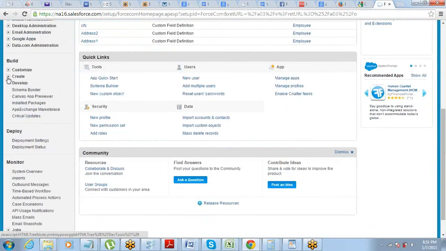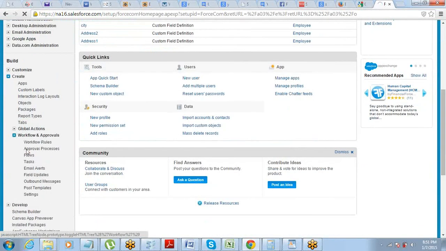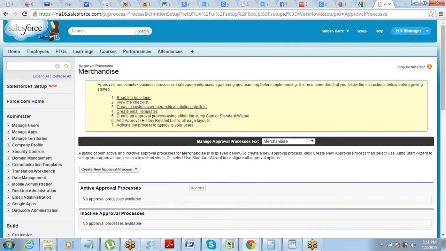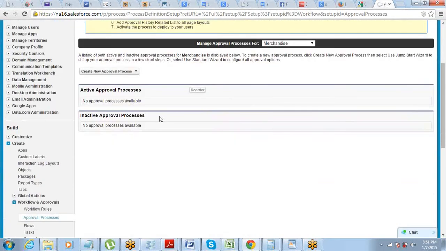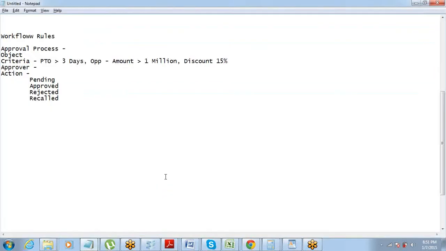Can you guys see the screen? So we are going to put an approval process for the PTO. Here we have fields called start date and end date. There is one more field for total PTO hours. I'm not sure what this is being used for, but I'm going to do a calculation on the start date and end date. If I get to know that it's more than a 3 days PTO, then I will need to send this for an approval. Okay, simple logic.